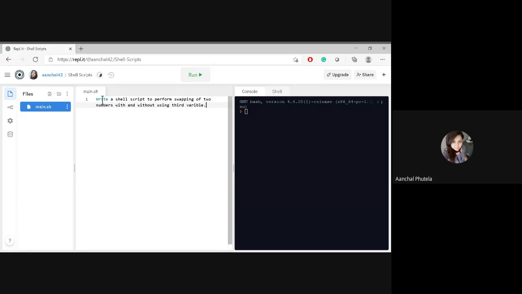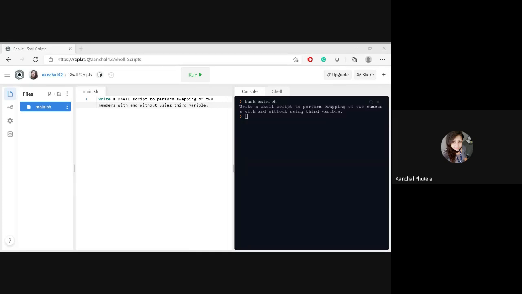Do it. Yes, guys, do you know swapping of two numbers, the logic? Everyone? Okay. Do it. I'm giving you 10 minutes here. After that, I will check everybody's screen. Complete the script within 10 minutes. Then we will start with if else.